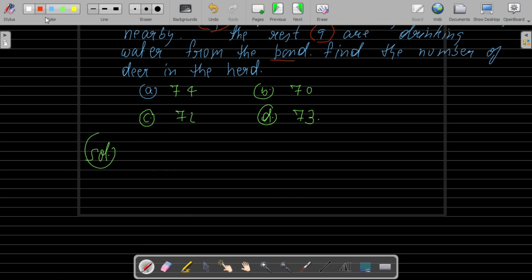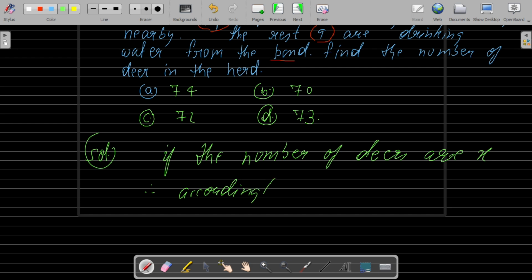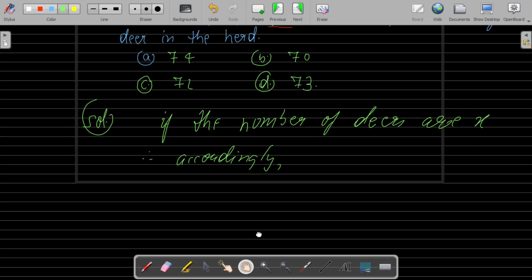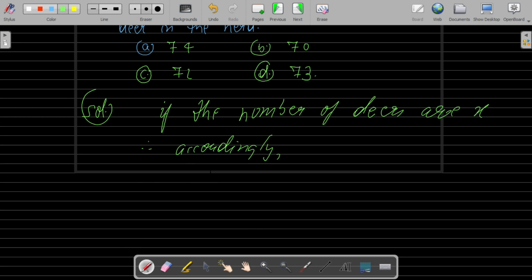Okay. So if I assume the number of deers is x, accordingly, as the number of deers which are grazing in the field are half, so we have to just find those number of deer which are grazing in the field. So x by 2 equals to,